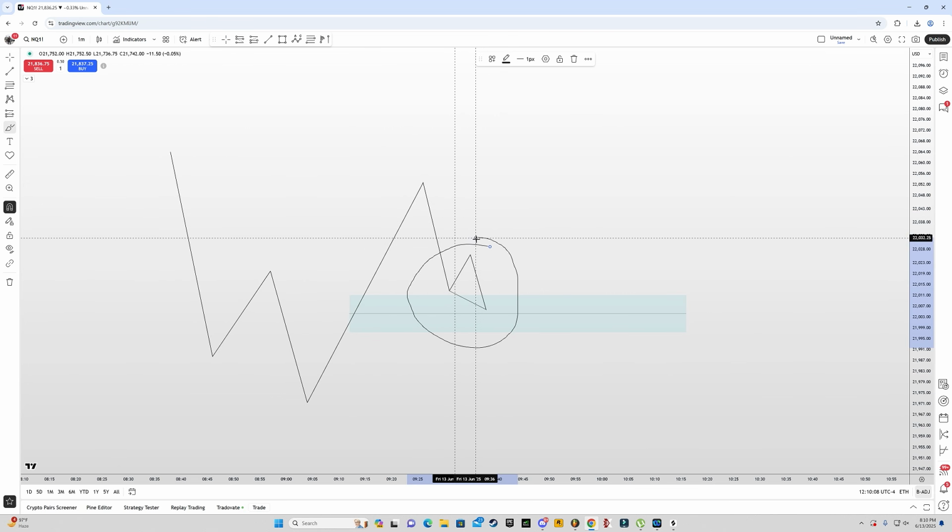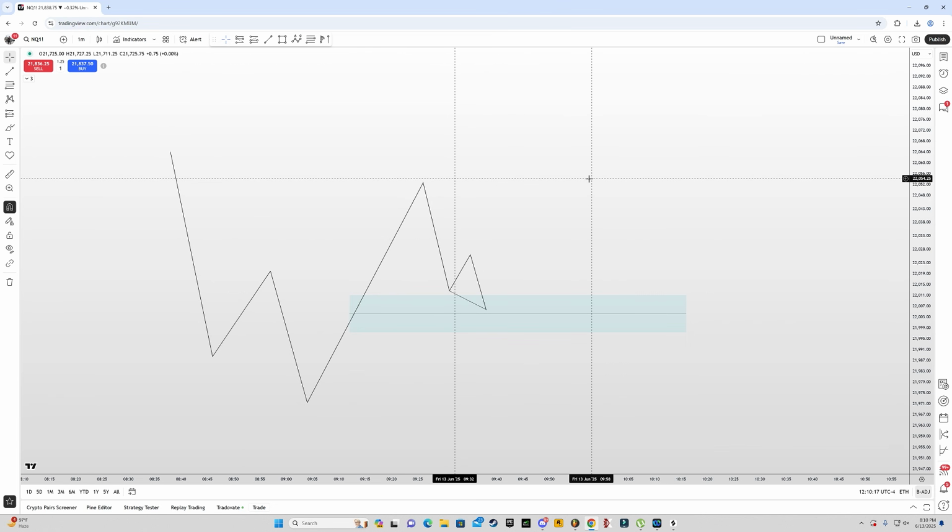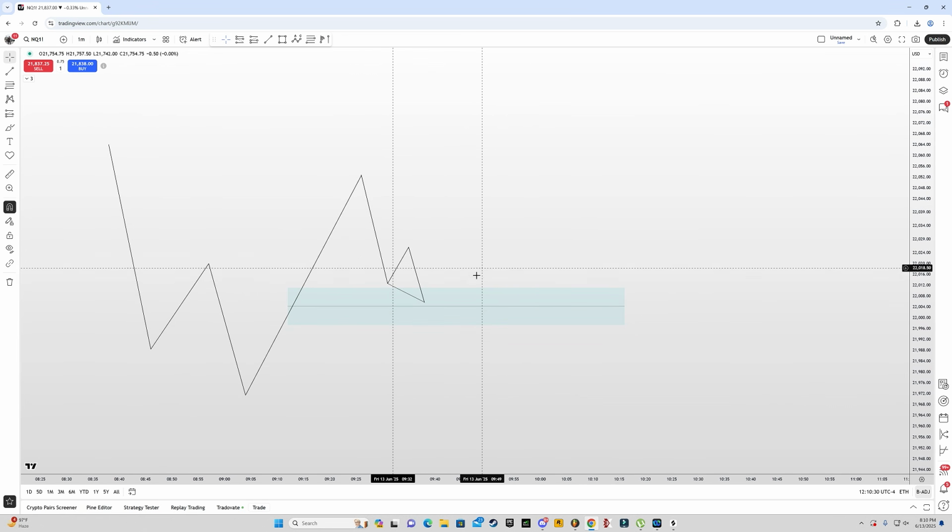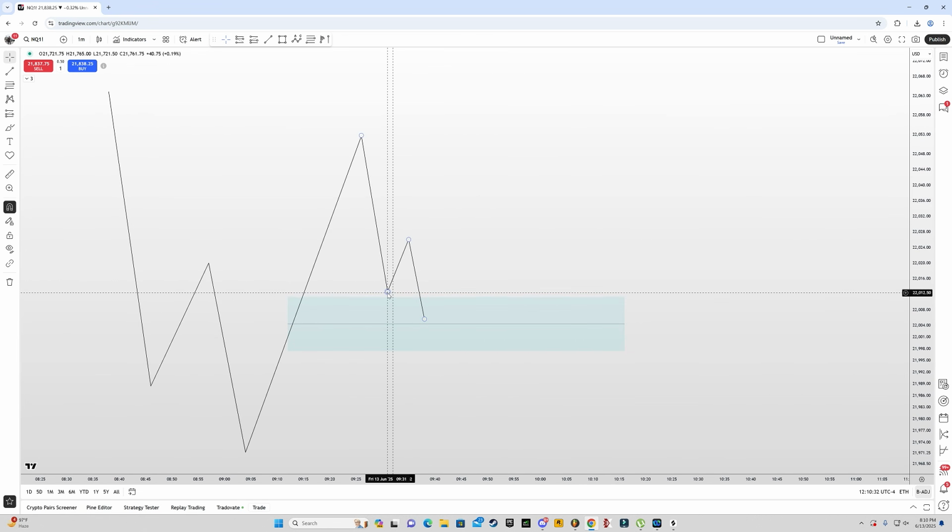When price taps into this fair value gap, what you have to do is drop down to 1 minute time frame. Now, when you are on the 1 minute time frame, you have to look at the correlating asset of NQ, which in this case would be ES, right? Now, once price is inside the fair value gap, you have to look for SMT divergence with ES. So in this case, what you can see is that price has made a lower low, lower high, and then a lower low on NQ. But let's say that price on ES fails to create another lower low. Now that, ladies and gentlemen, is your SMT divergence.